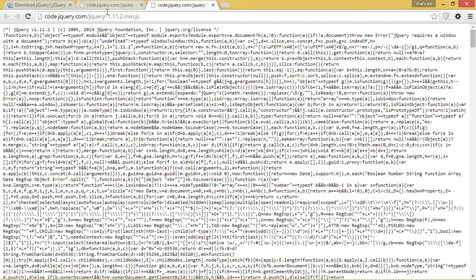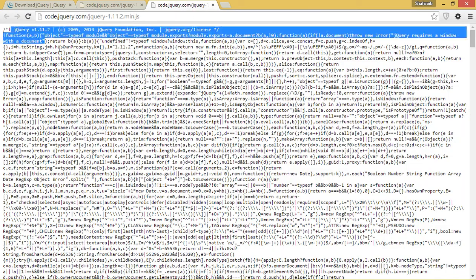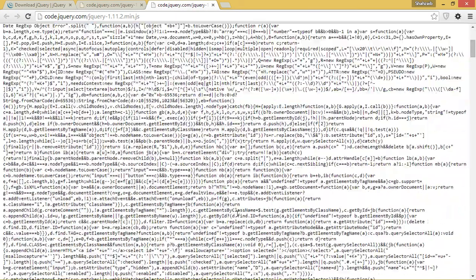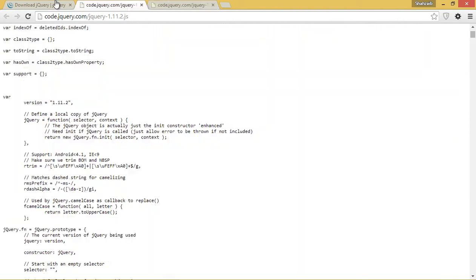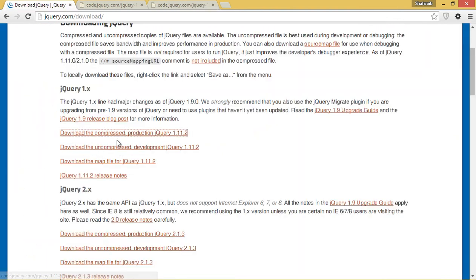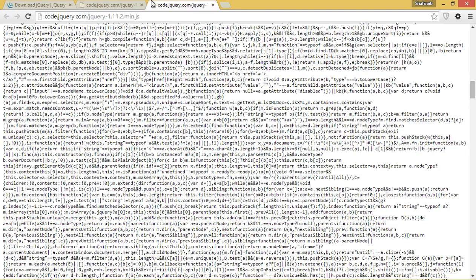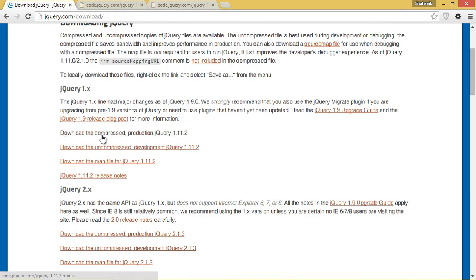But if you click there, it is the compressed version of jQuery, and you can't find any extra space in this code. Actually, the difference between both files is that the uncompressed version has a lot of spaces and line breaks, a complete hierarchy of the code, and here you can't find any because it has none. So we will download this compressed production jQuery version.